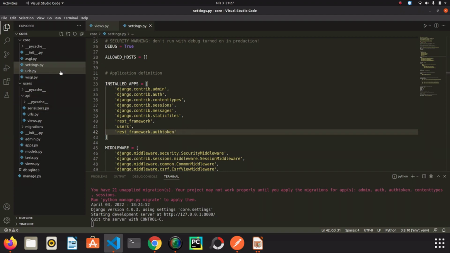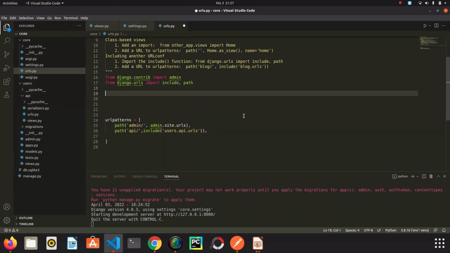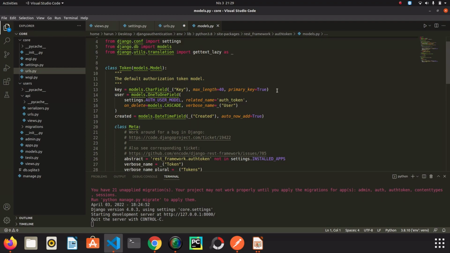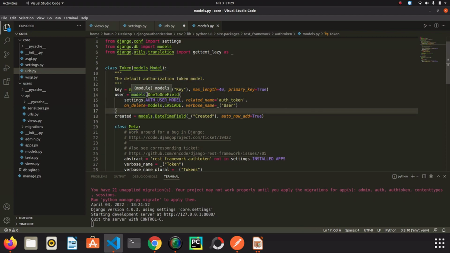Actually, we are going to take a look at the model and views, so I'm going to import it. So let's say where to import it. I'm going to import it in the URLs. You can import it wherever you want. We are just going to take a look at the app actually. So I'm going to import it from REST framework, auth token, and let's say we are going to see the models. I right click and go to definition. The model that we were going to create has already been created by Django developers. We have a one-to-one relationship here with user,